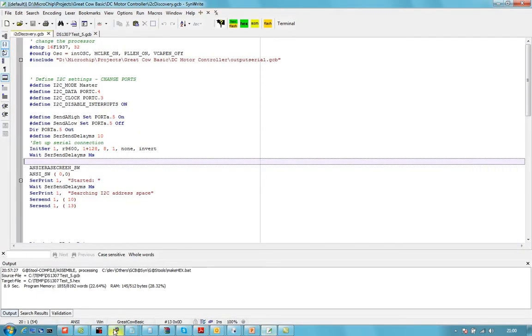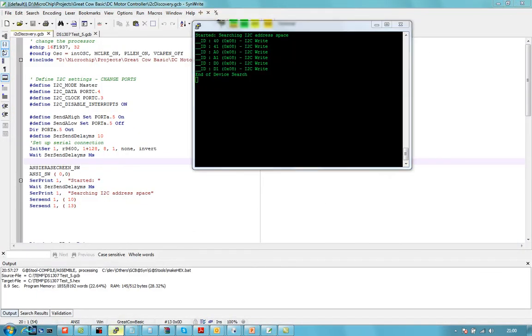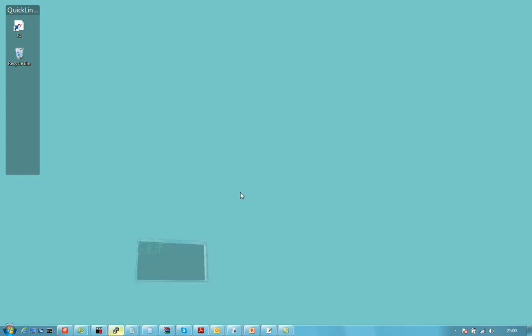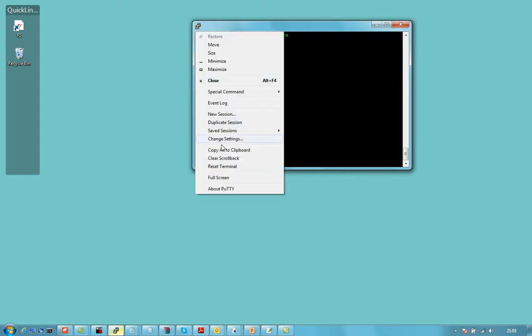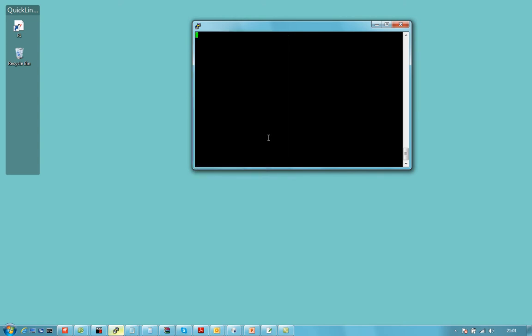Let me show you an output, okay? Before I do anything, let's just see it running. This is an output screen that's coming from a series of devices that are attached to the I2C network. I'm starting with the demonstration to give you an idea that it works, okay? So I'm going to press the reset button on the chip, and what it's just done in these few seconds,